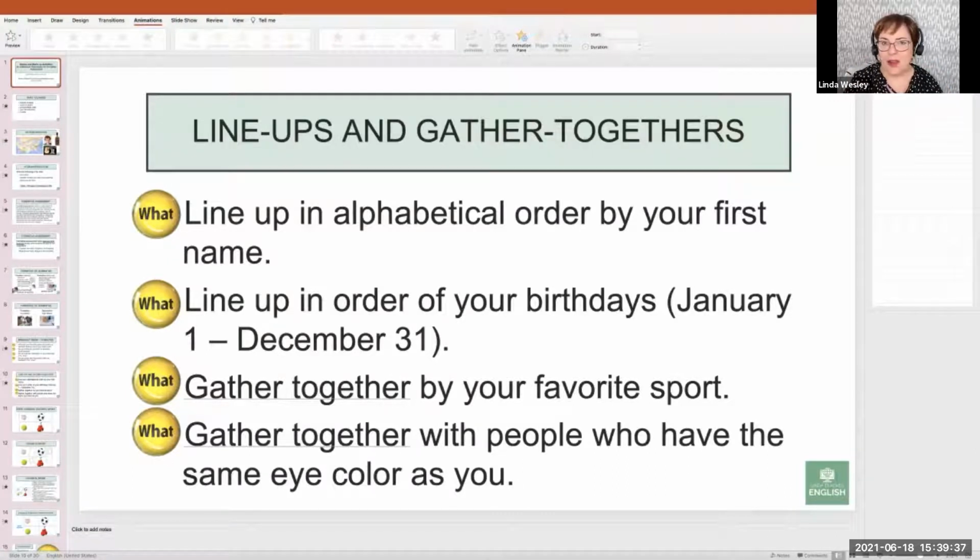It doesn't matter if they are 5 years old or 55 years old like me, we all need an opportunity to get up and move around. And so in a traditional classroom, it might look something like this. Maybe 3 people go to the baseball corner.